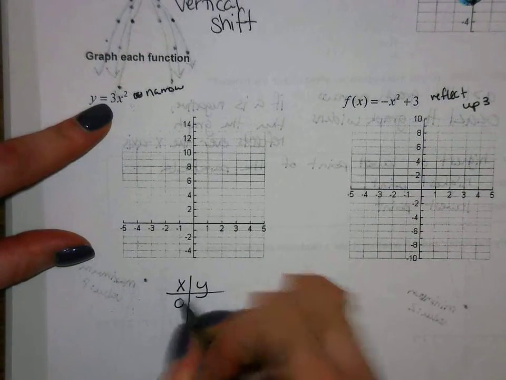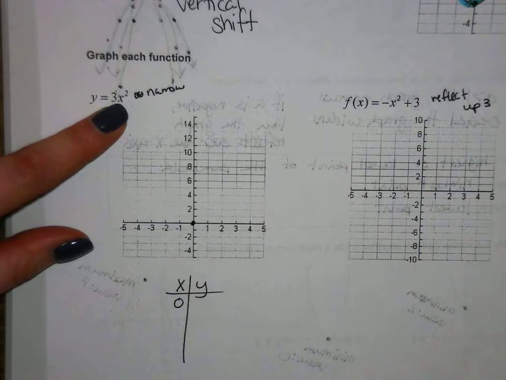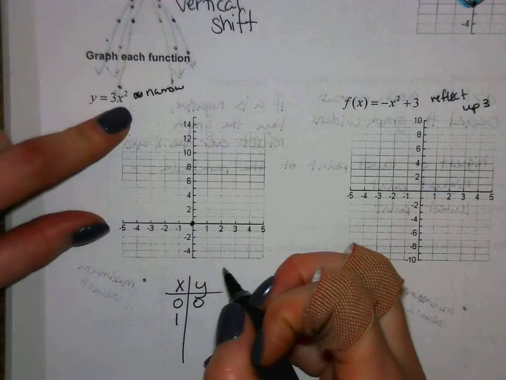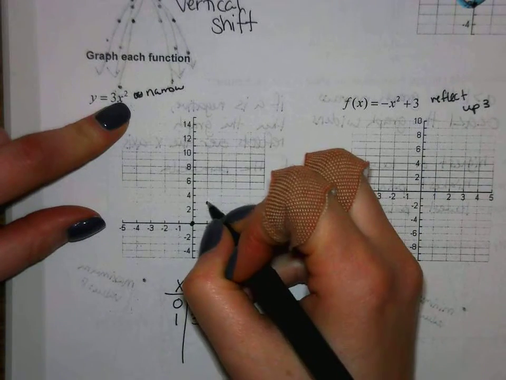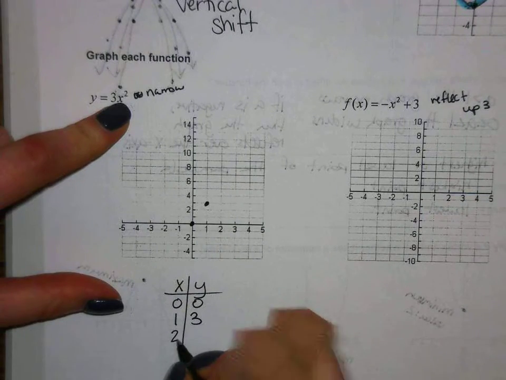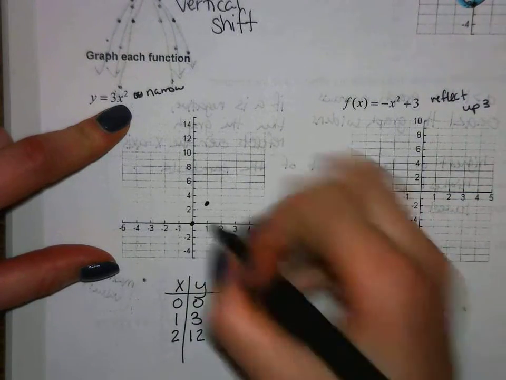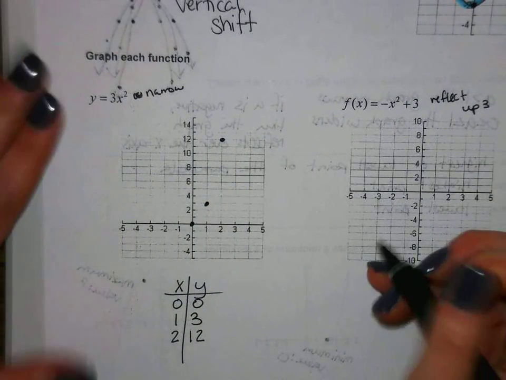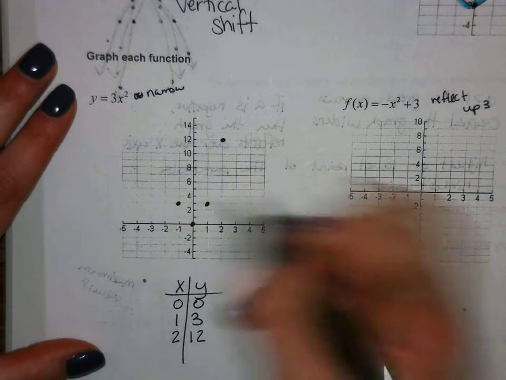So let's start with 0. 0 squared is 0, times 3 is 0. 1 squared is 1 times 3, which is 3. So we're at 1, 3. 2 squared is 4, and 4 times 3 is 12. And then we're going to run out of room. So then I can graph my symmetrical